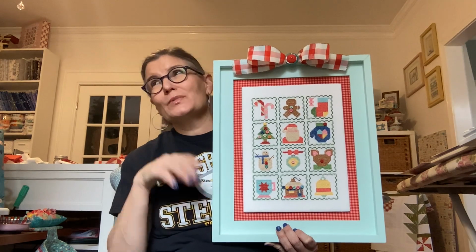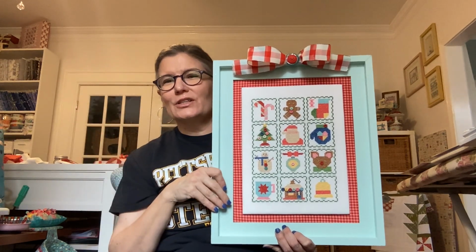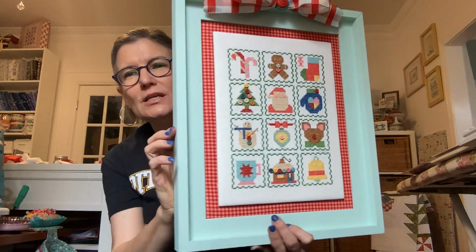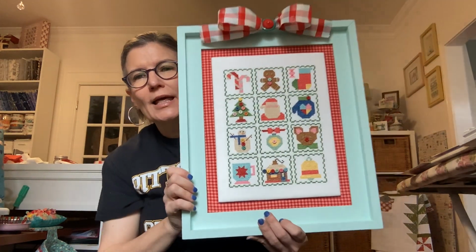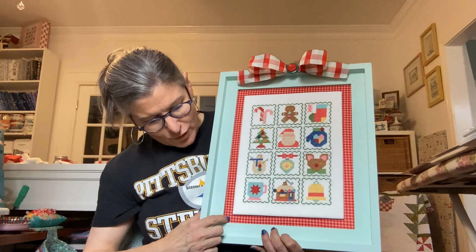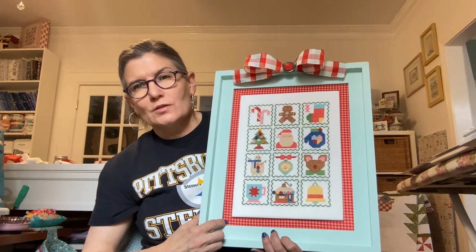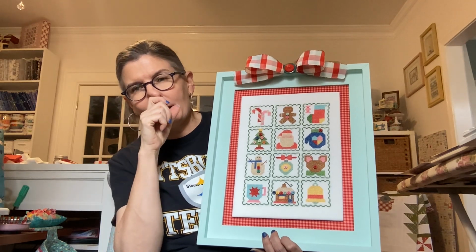But then when I was going to put it in this room here, it really just didn't match, so I decided to paint it. So I painted it this minty green chalk paint, and then I used, this is from Lori Holt's, just the last